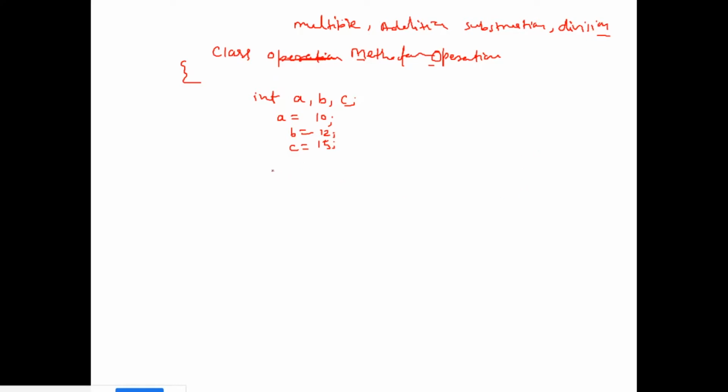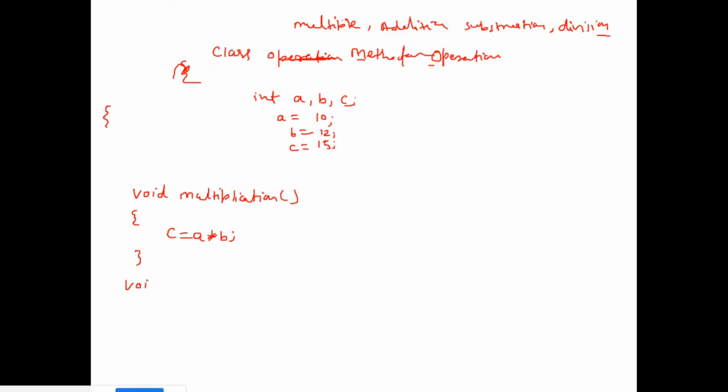Okay, so this is a class. In this class we have a method, inside this class only, just open here so that you can understand. I have a method void multiplication, right? And in this method c is equal to a into b, right?